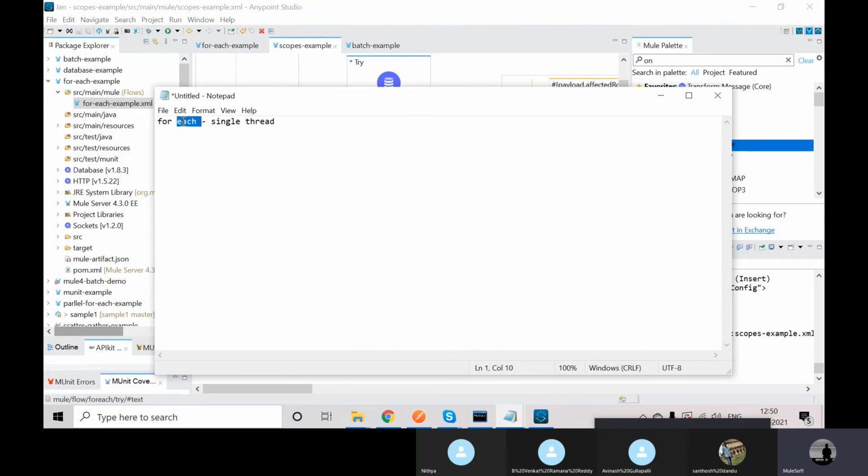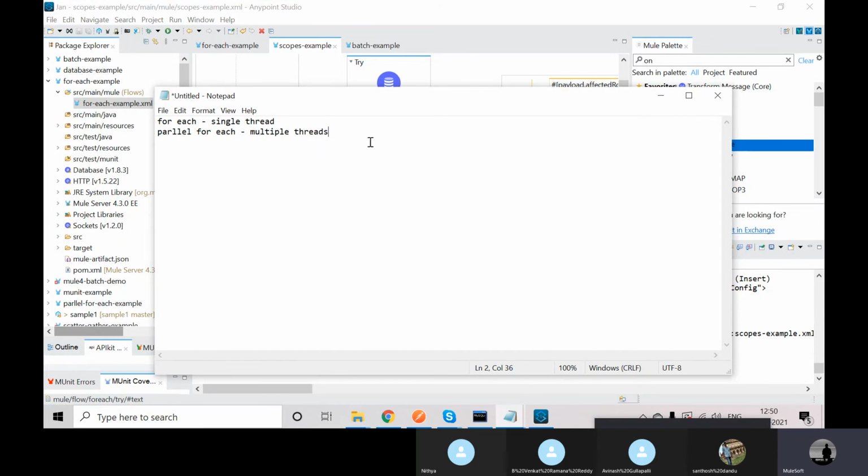In the parallel for each, it will create multiple threads so that it will work asynchronously, and if you get any error in the third record, then the remaining 29 records will get inserted successfully.